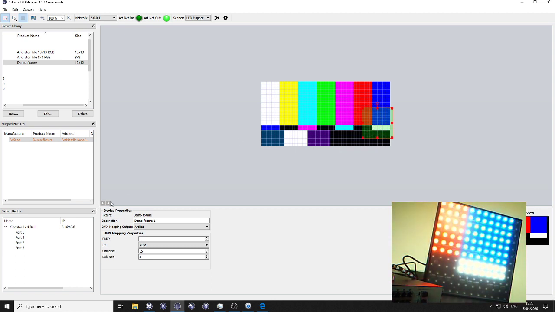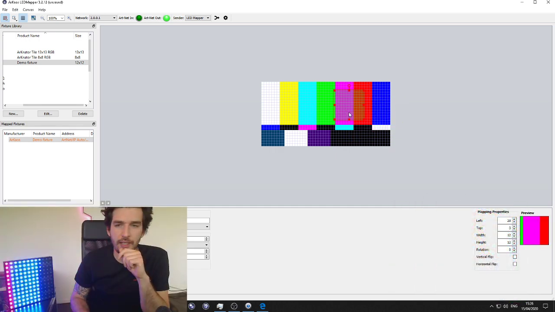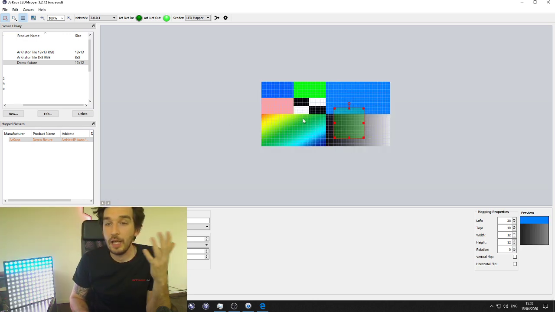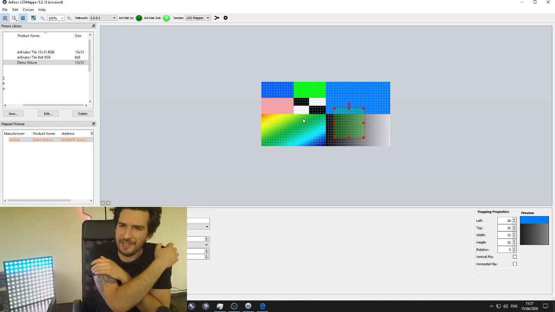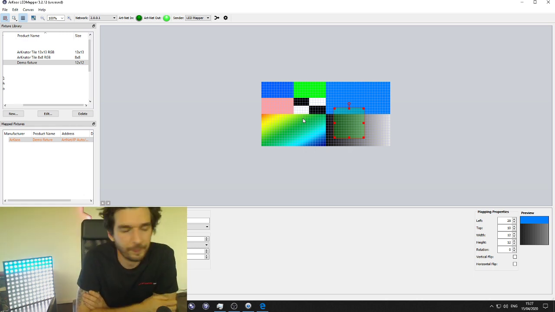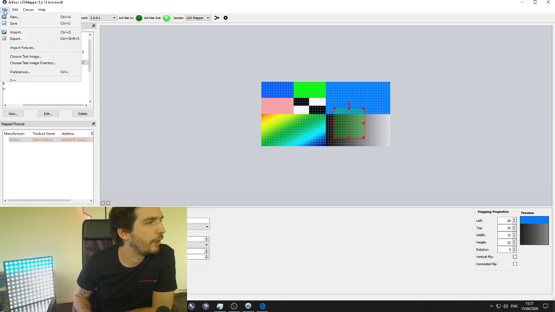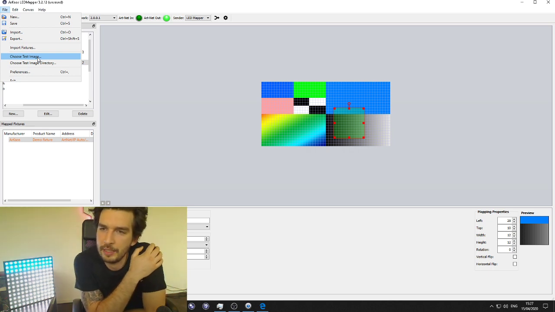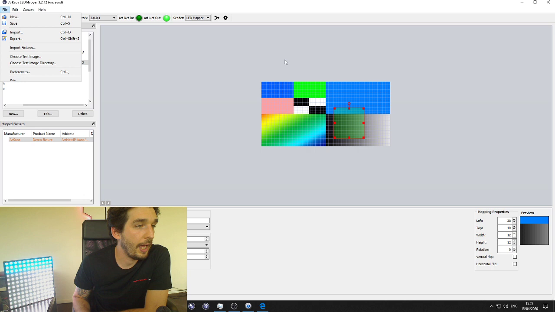Okay, we have several test patterns. Actually, we have two. The test patterns are this one or that one. Obviously you can load your own test pattern. It's a JPEG or PNG. So if you'd like to load your own test pattern, you can go right here. It shows the test image, and the test image will be automatically loaded and go onto your background right now.